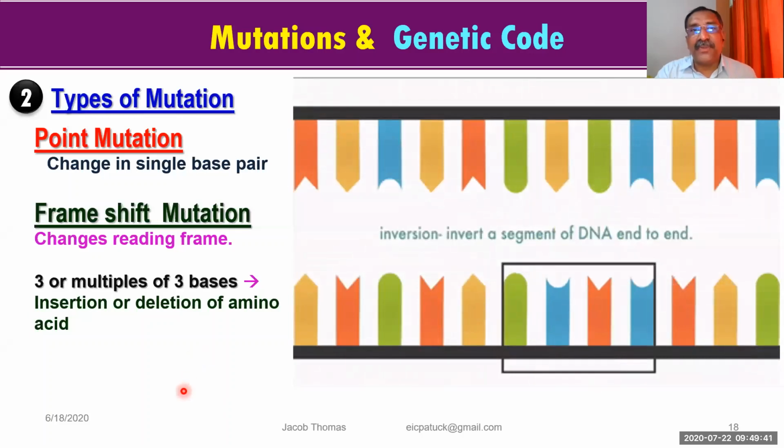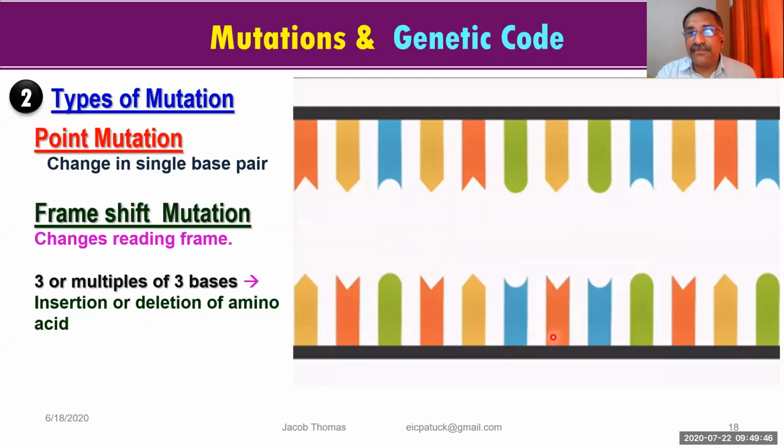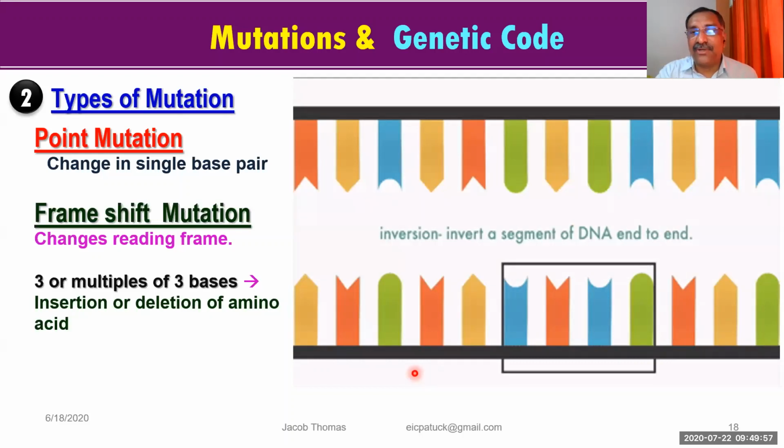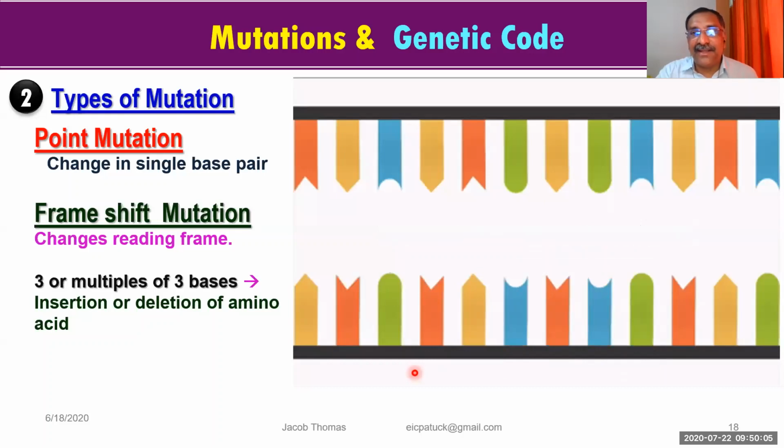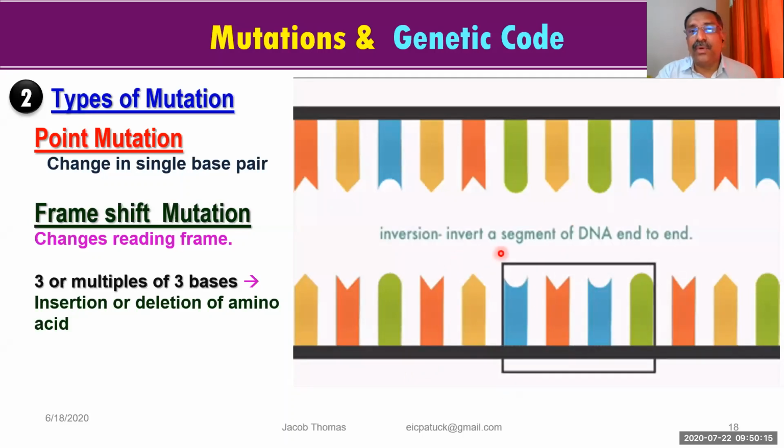Okay, now you just see this picture. Here, already I've seen that this is frame shift. So cut होकर change करके रख दिया. अभी just imagine that my head कट करके उल्टा निकाल के रखेगा तो मेरा फेस कौन सा डायरेक्शन में जाएगा? बैकवर्ड डायरेक्शन में जाएगा. Just imagine that मेरा मुंडी कट करके वापस उल्टा करके लगा दिया तो मेरा फेस कहाँ होता है? पीछे साइड में होता है. So this kind of change you see here. Okay, inversion, invert a segment of DNA end to end. That is what you see here.